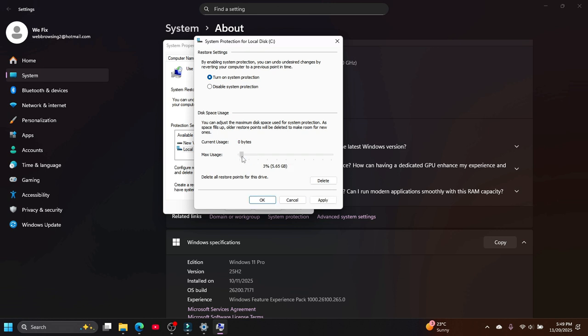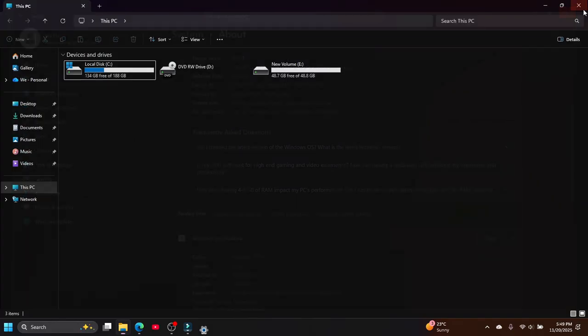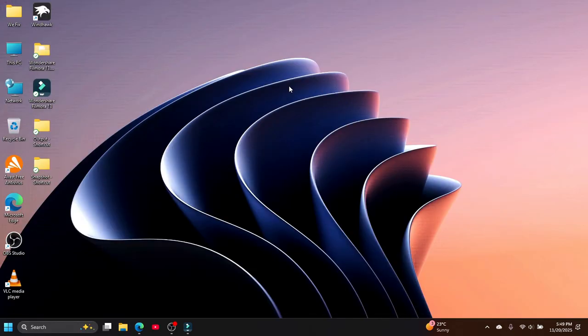So we're going to decrease that also. I'm going to use, let's say, 4% of my drive's space for system restore. I'm going to say Apply, OK. I'm going to say OK also, and that's how you save some and make some extra storage space